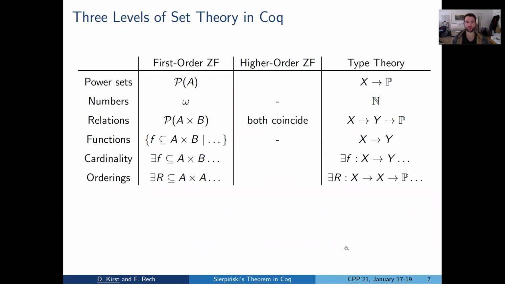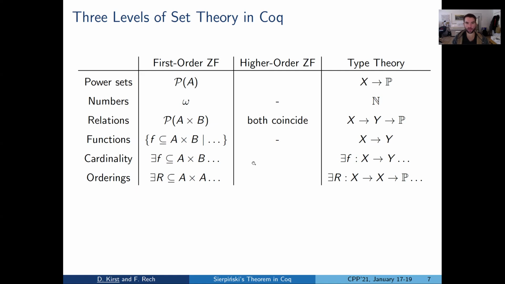Okay, so the situation can be summarized as follows. There are three levels of set theory present in Coq. There's the very low level of first-order set theory, where we have an axiomatized first-order type of sets, and all notions of set theory are encoded in the usual set-theoretic fashion. On the other end of the spectrum, we have type theory with its abstract notions that are expressible in the meta language itself. And in between, we have higher-order set theory, which is kind of a bridge between both worlds,